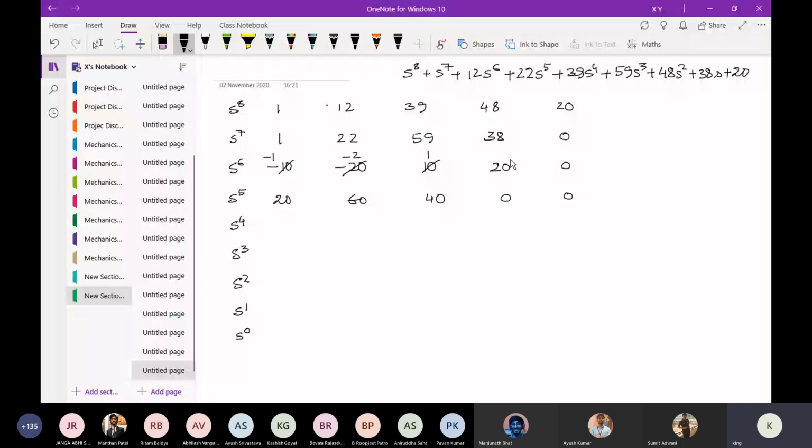So already we have positive, positive, negative here. And this is going to be 1, 3, 2. So already we have one sign change, two sign changes. And this will be